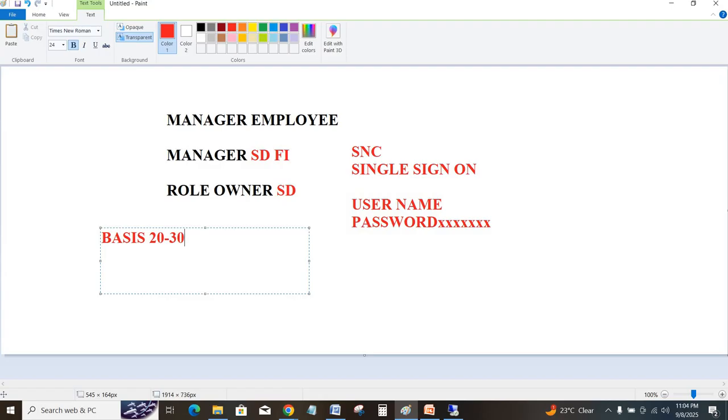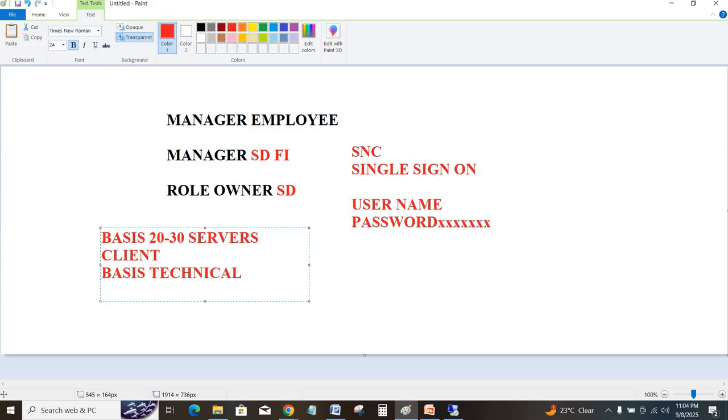There are many, 20 to 30 servers, or you can say clients. And you want to remember 20 to 30 passwords, right? It is difficult, because every day he is logging in to 20 to 30 servers. So that's the reason, especially for Basis people or technical people, it could be ABAP, it could be security, it could be GRC,